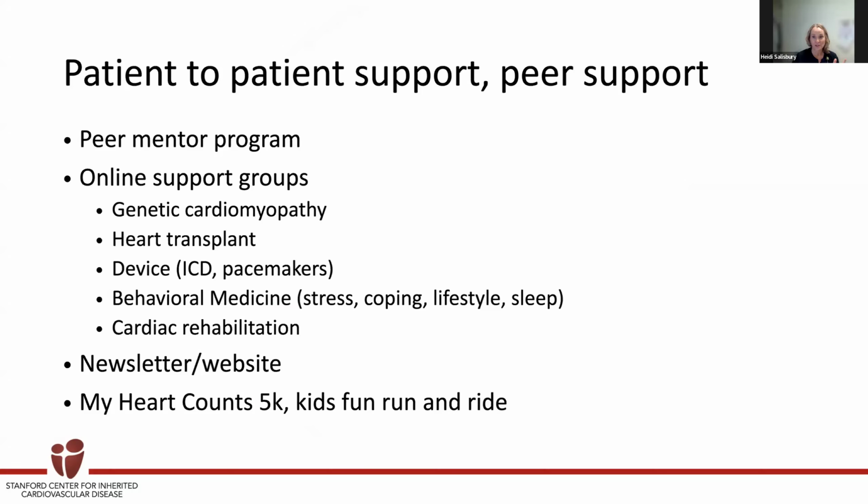And the way to do this is really peer-to-peer support, patient support. We've identified at Stanford, through our own lived experience and through our patient community's experience, that you can offer a certain amount of support in your classic clinical setting, but you're really focused on making sure the person is safe, that you've got the right testing done, the right medications. And sometimes we miss that comprehensive support, that education piece. Our genetic counselors and our nurses are key at delivering this,